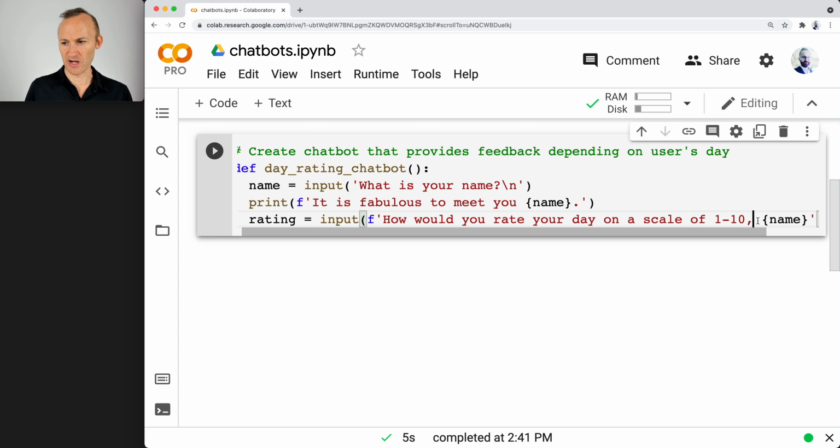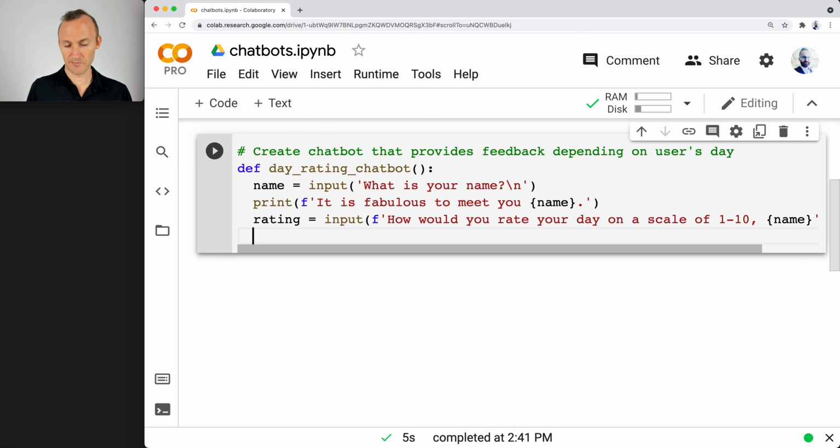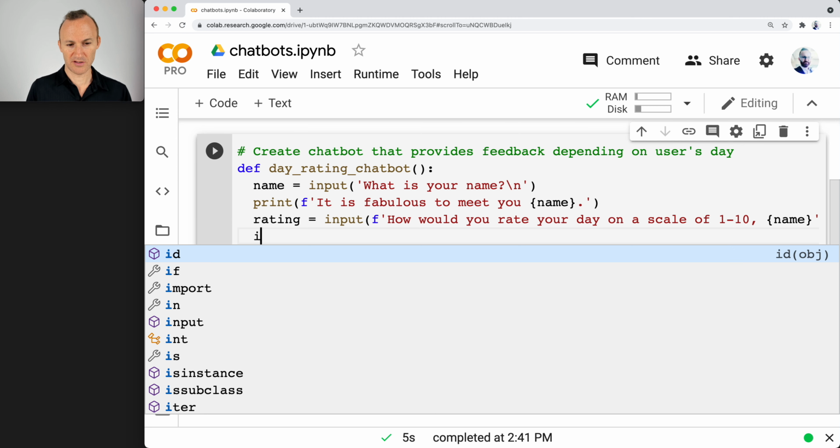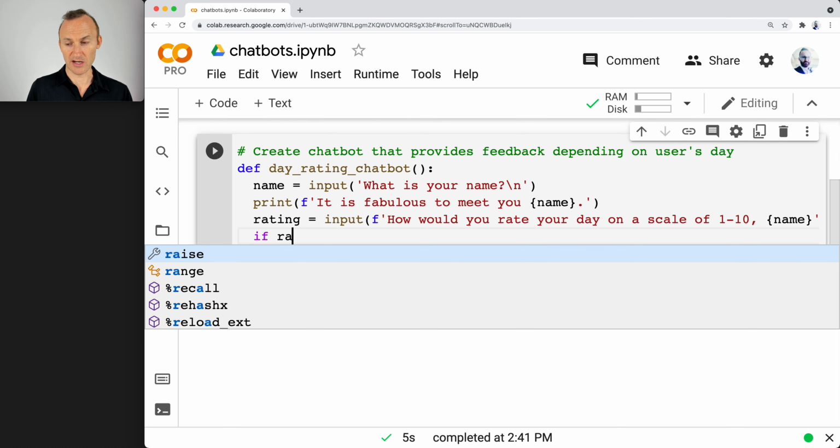Okay, and so we get the rating, but now we want to respond differently depending on the actual rating. I picked a 1 to 10 scale. You can pick a different scale. And maybe you want to choose the number of responses in advance. In this case, I'll try to do at least 3: 1 for a high, 1 for medium, and 1 for a low. So again, 3 different clauses using if, else if, and else. So if rating,